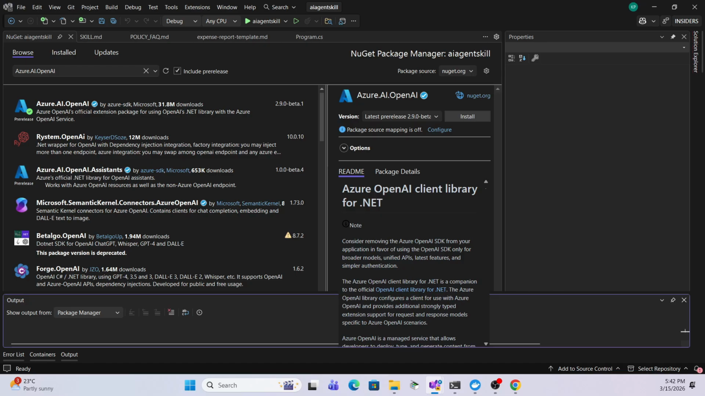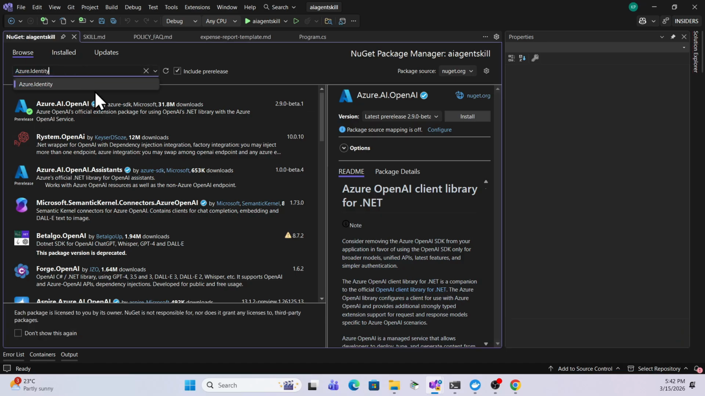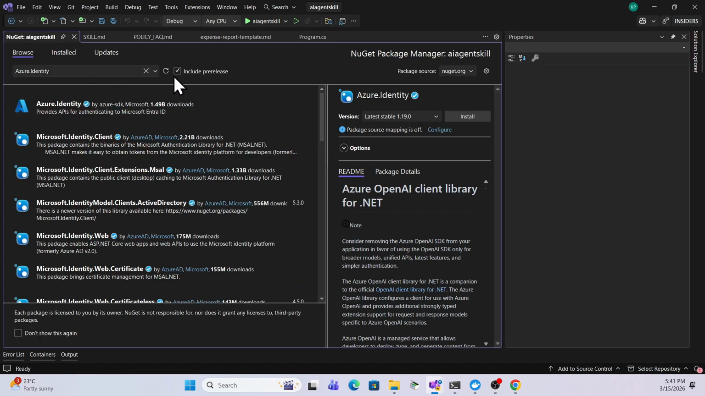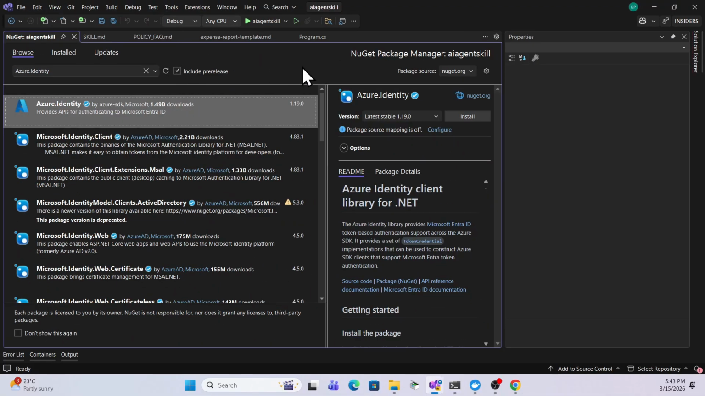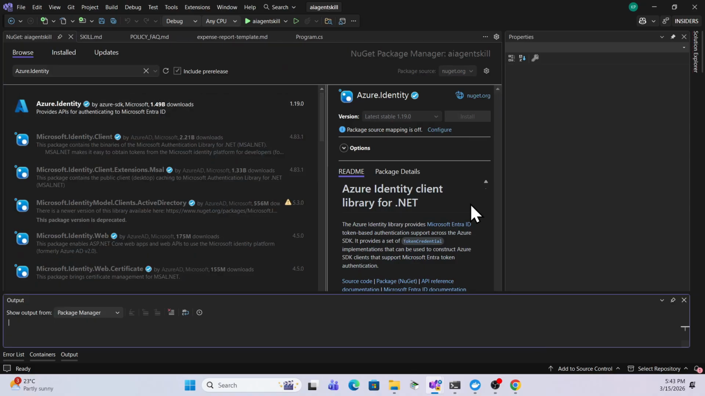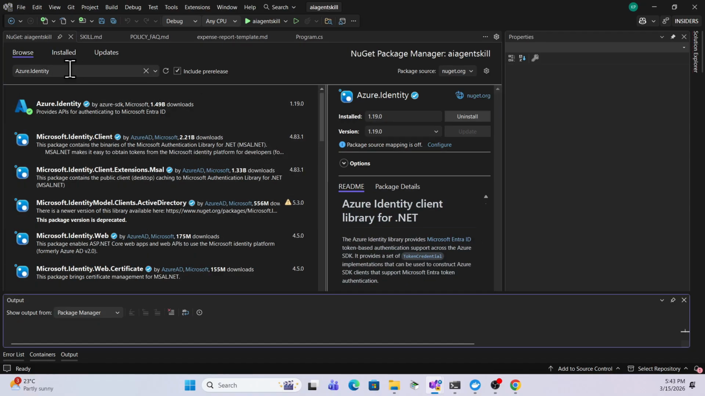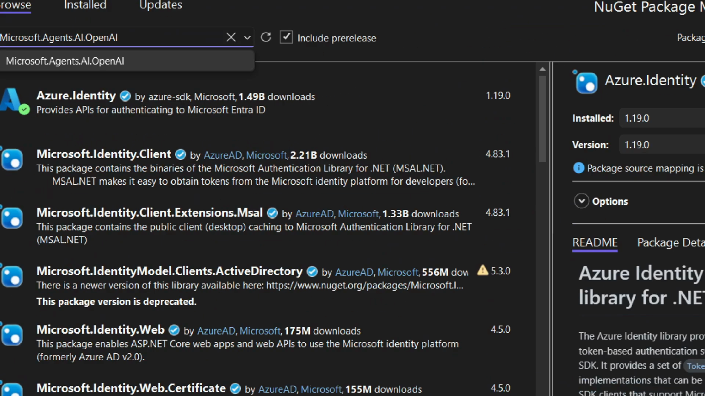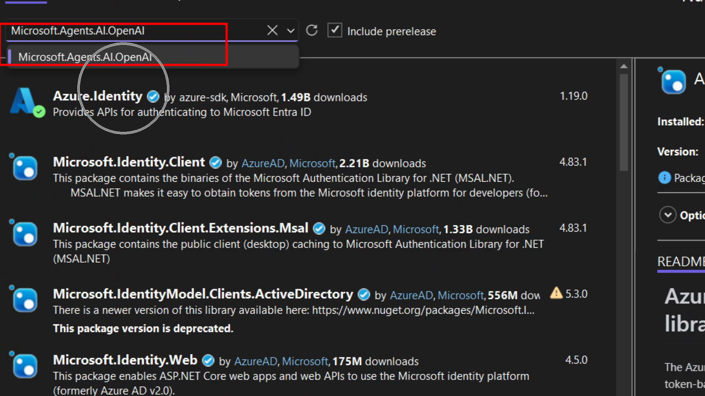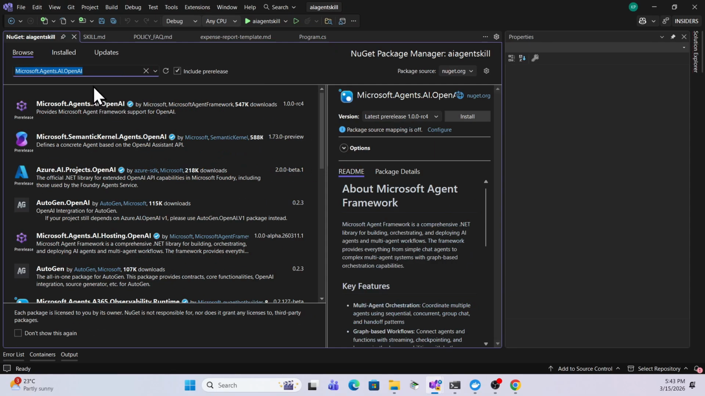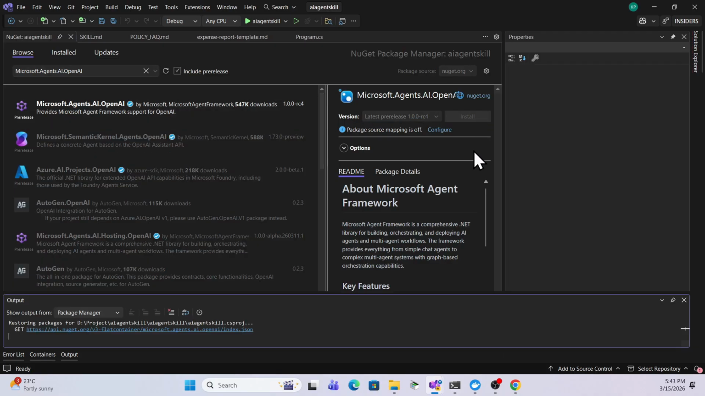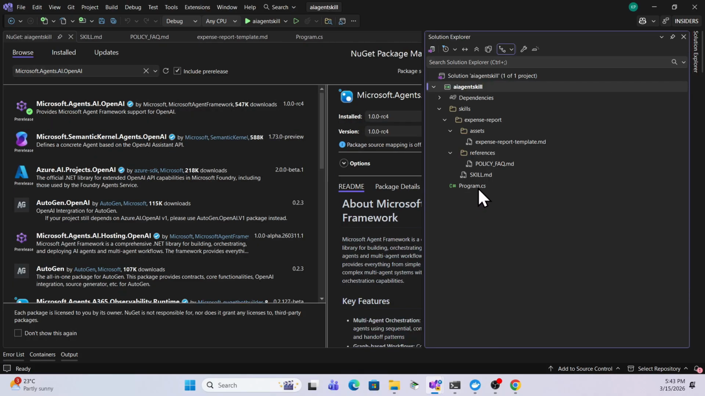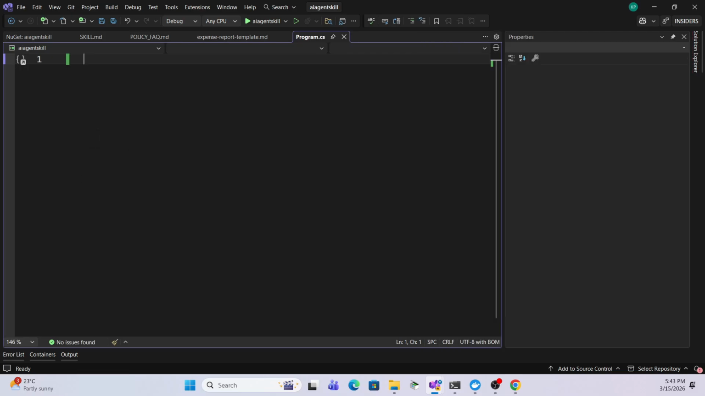Another one is for Azure OpenAI, so definitely we require this Azure Identity. So I can simply install this one also. And one last package we require over here is Microsoft Agent AI OpenAI, and this is that one. Okay, and simply I can install that. Once you complete the packages, go back to the program.cs file,